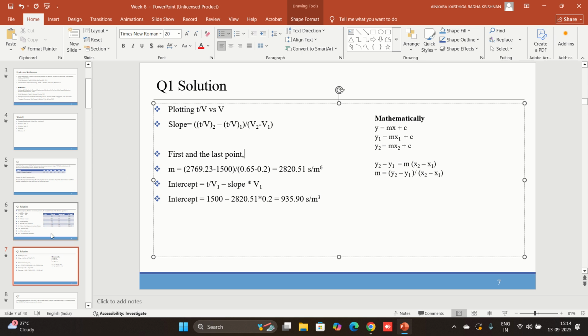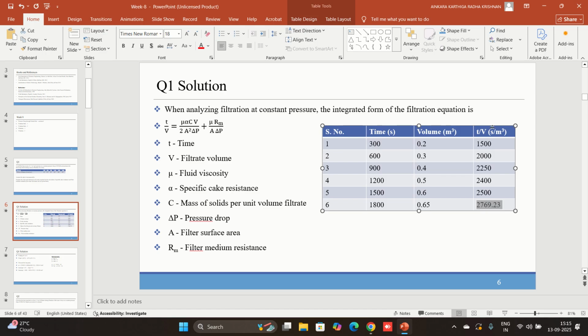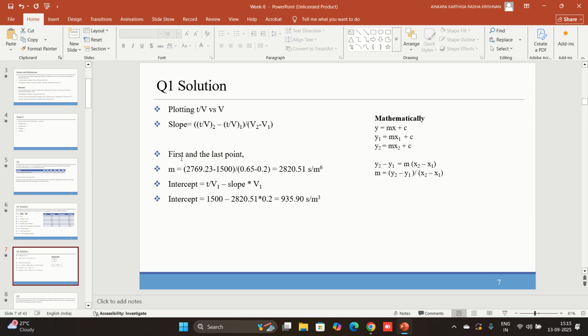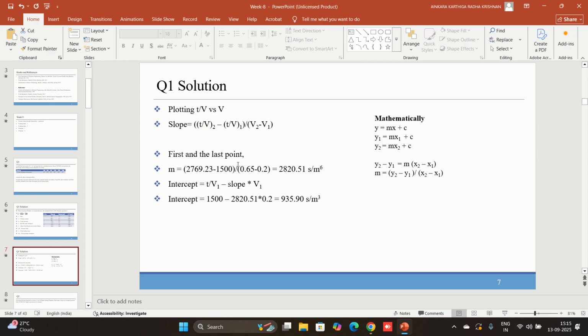So t by v of the last point is 2769.23 and this is 1500. So we are substituting 2769.23 minus 1500. The last point is 0.65 and the first one is 0.2 in terms of volume. So again we are substituting 0.65 minus 0.2. Now if we do this, we will be getting d of t by v by dv. So we will get the slope, and if we do the calculation,